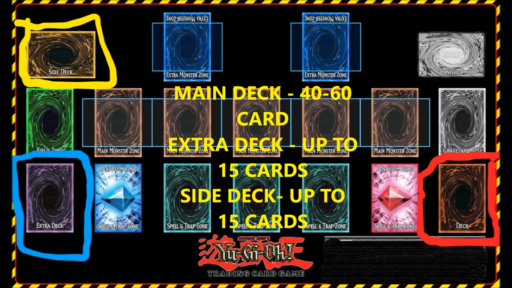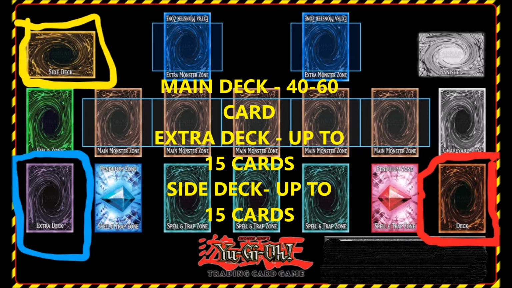Now the side deck can consist of any of the 10 types of cards in the game, but you can only use the side deck between game 1 and game 2. So after game 1's over, you're allowed to substitute cards from your side deck into your main or extra deck. But whatever cards you take out of your side deck, you have to put that many cards back in. So if you take 7 cards out, 7 cards have to go back in. You can also do this between game 2 and game 3, but